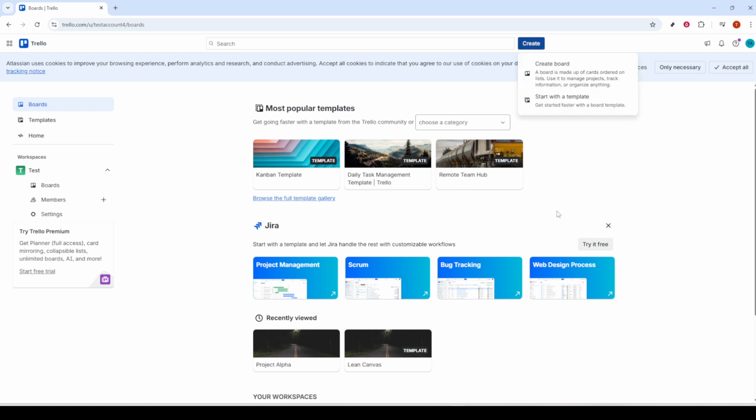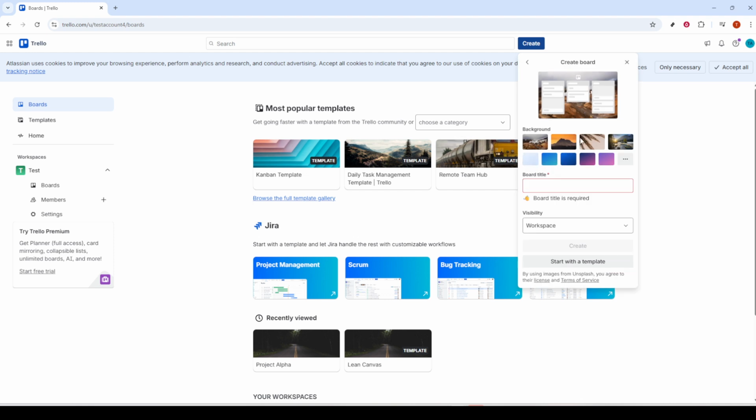This panel is where you'll make a few simple choices that set the tone for how your board looks and who can see it. First, pick a background. Trello offers solid colors and photos. Colors keep things clean and high contrast, which can be easier on the eyes for everyday use. Photos add personality and can help you quickly recognize the board at a glance. If you're collaborating with others, try choosing a background that's distinct from your other boards so it's easier to spot